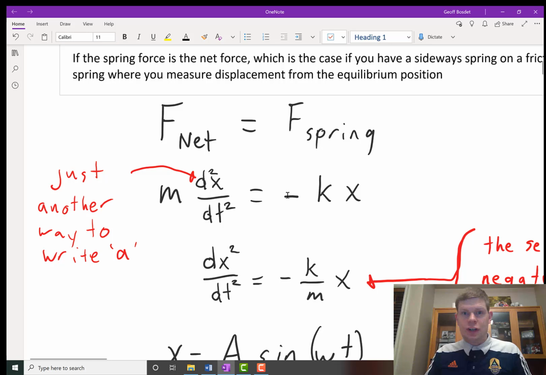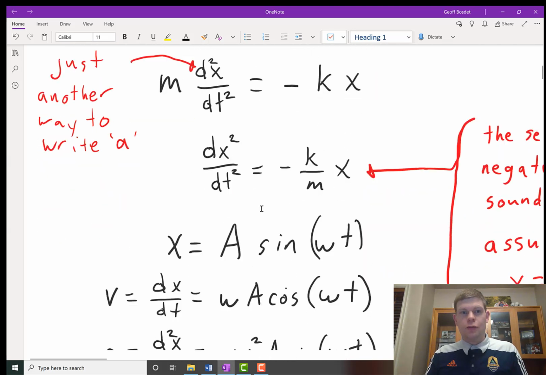And the negative is just here to say that, hey, if I pull this mass to the right from its equilibrium position, then the acceleration and force will be to the left. So your acceleration is in the opposite direction to the displacement. So that's what's going on there. If we rearrange it, we end up with the second derivative of position is equal to minus k over m